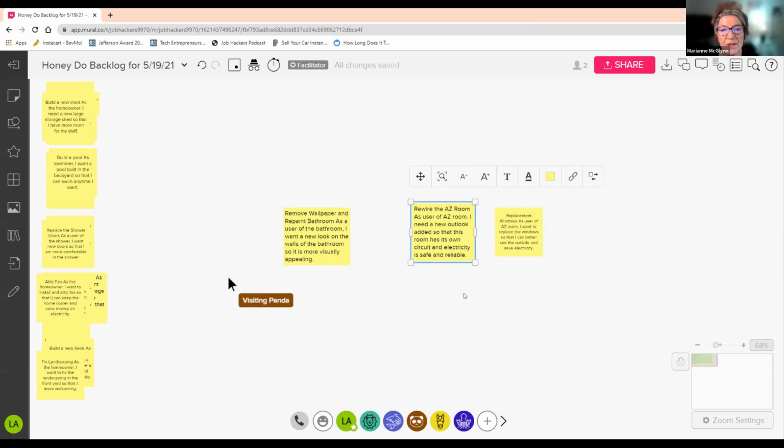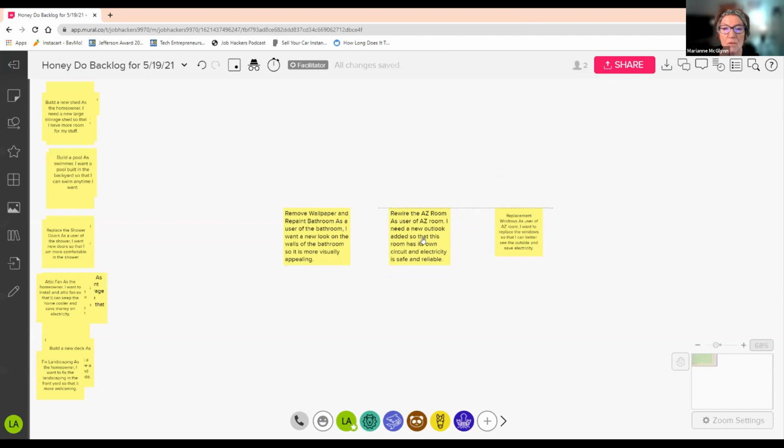Well, you need to rewire. You probably need an expert to do that. And you can do your own wallpaper work. And the windows, well, part of it is like, okay, you're going to have to get experts to do some